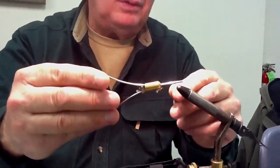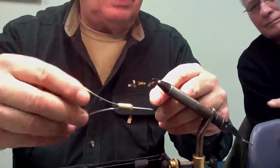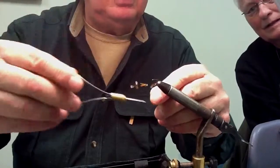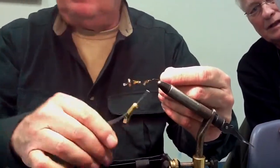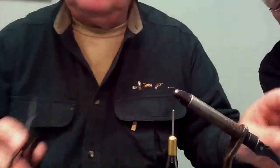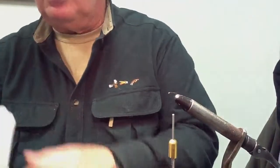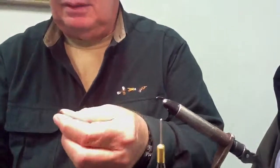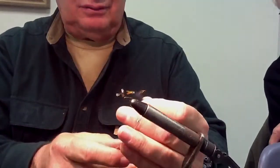The problem with a lot of winged ants is that because you're using black and it's sometimes in dark water, it's hard to see, and the tulle shows up nicely, and you can follow your fly a lot better. You start by wrapping in the center towards the bend, as usual. This is just dry fly dubbing. It dubs nicely and is